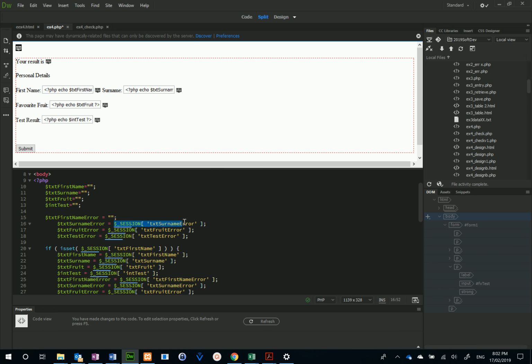Which means there's going to be empty variables. So delete and quote, and that puts quote quote in there. Don't forget the semicolon at the end. Delete, quote,